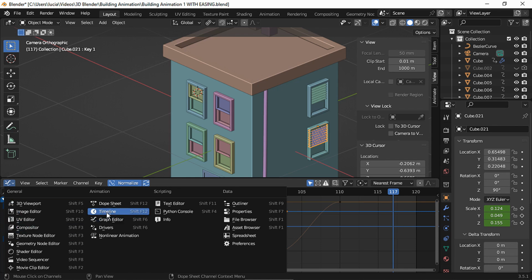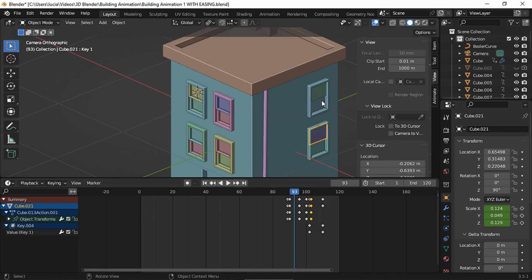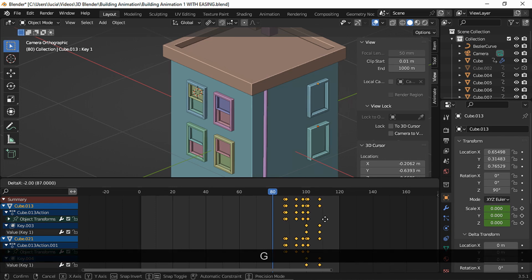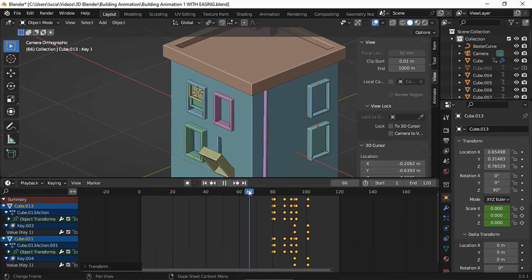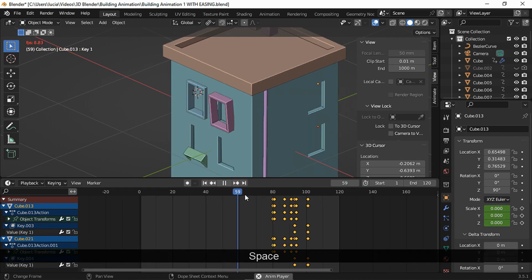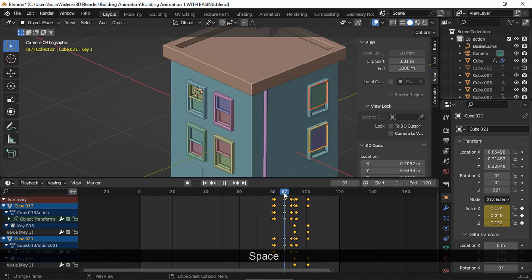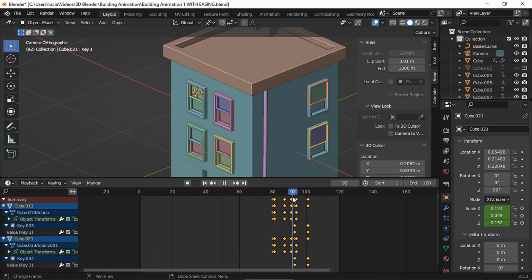I want the animation to start sooner, so select both blinds, A to select all the keyframes and move. Let's take a look. I also want to move all these keyframes.